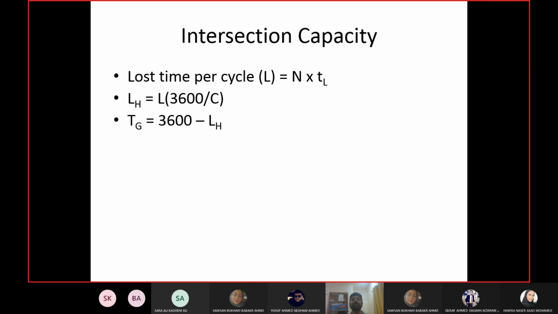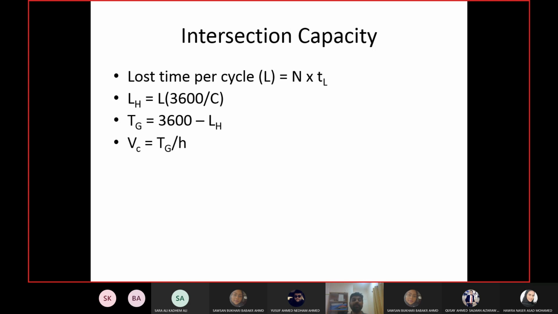During effective green time, the vehicles move at saturation headway. So if you divide TG with saturation headway, it will give you the maximum volume for that intersection. Like we did in the previous example for one approach, now we are doing it for the entire intersection. So VC is the maximum volume you can have passing from the intersection from all approaches, for all movements. You have TG, total effective green time, divided by saturation headway.